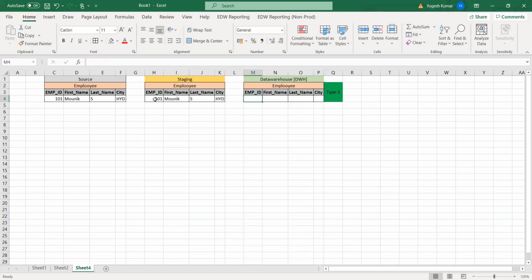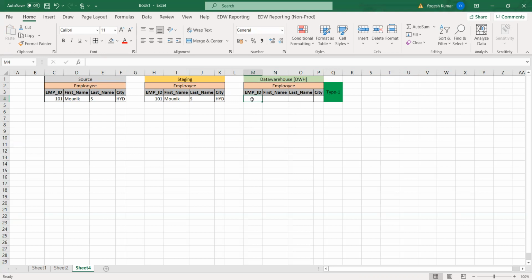After staging, the data will load into the data warehouse.